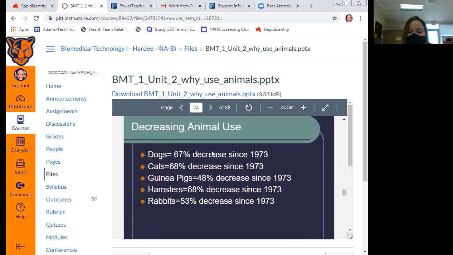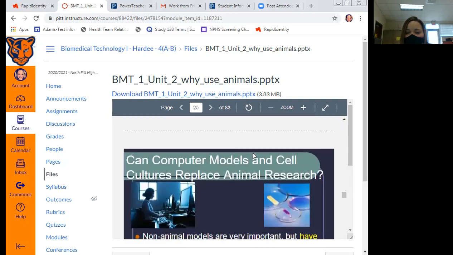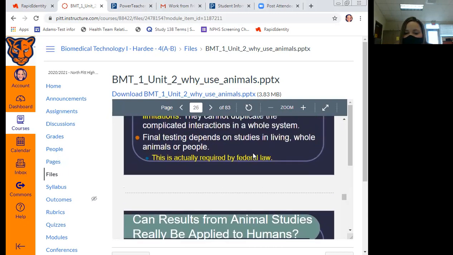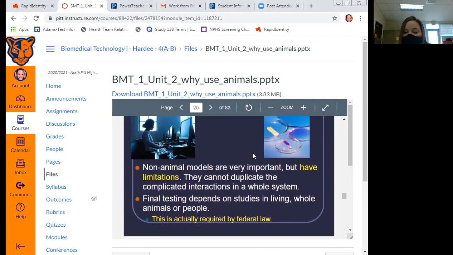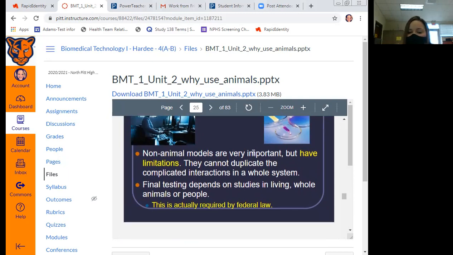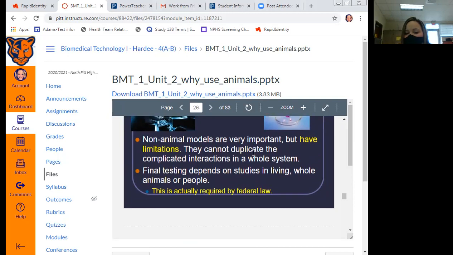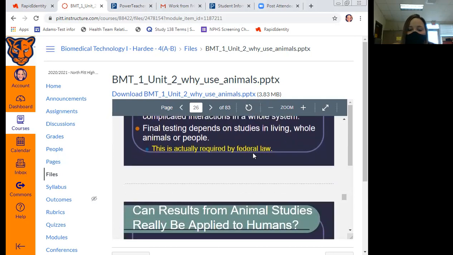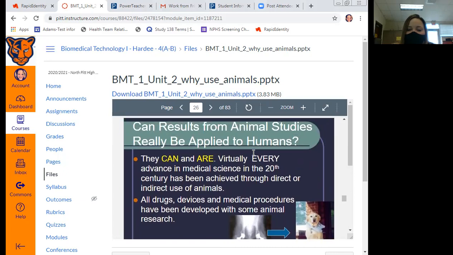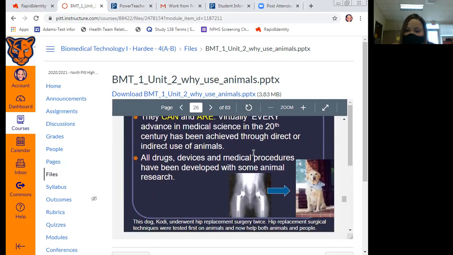So here are some numbers as far as reduction in animal use and some of the limitations that come with the 3 R's if we reduce and choose to use other methods such as computer models, and how the benefits outweigh what we're losing in that. And so that kind of goes back to those research methods that we talked about. What are the limitations within using a computer model, and how we translate the results or interpret or extrapolate data from animal studies to humans. Okay, is it really a true thing? Yes, it is, of course.